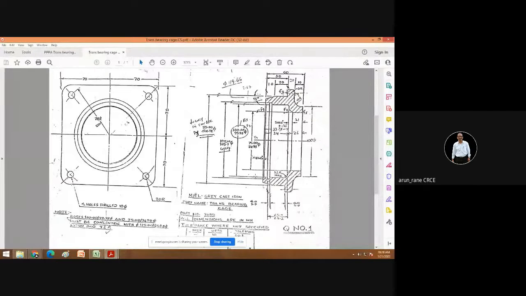Now how to calculate this finish weight? For that you divide the component, and it need not be very accurate. You don't have to go very precisely. So how will we divide the component?